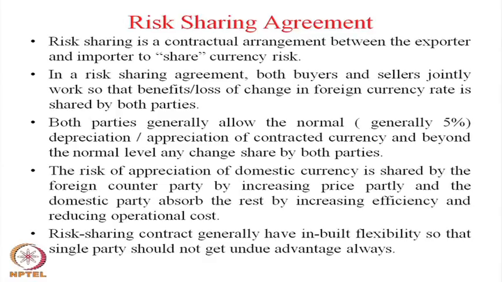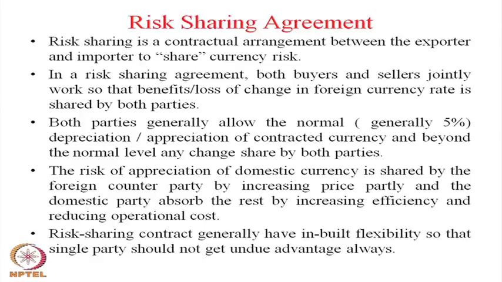In the agreement itself, they mention that if the foreign currency depreciates or appreciates beyond a certain level or percentage, say more than 5%, then beyond the 5%, whatever the risks will be, those risks will be absorbed by the two parties. The risk of appreciation of domestic currency is shared by the foreign counterparty by increasing the price partly, and the domestic party absorbs the rest